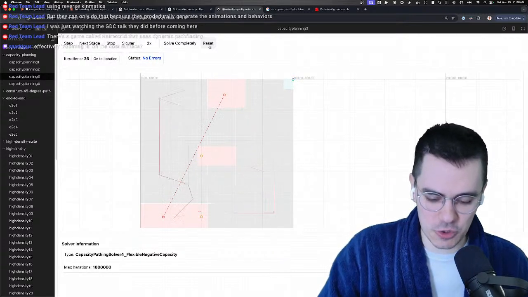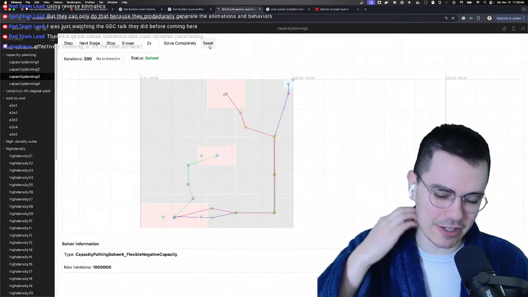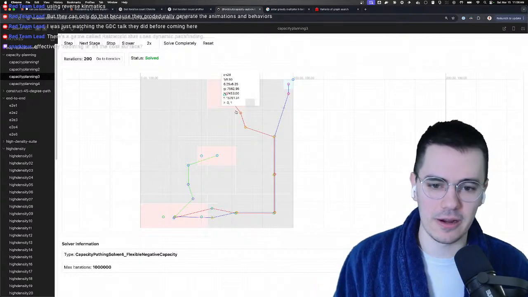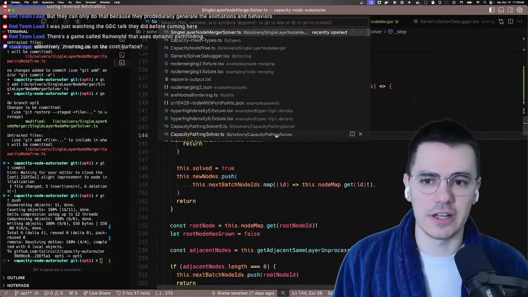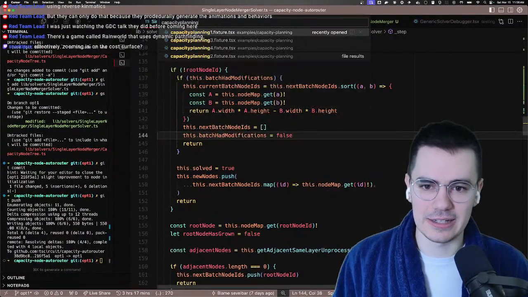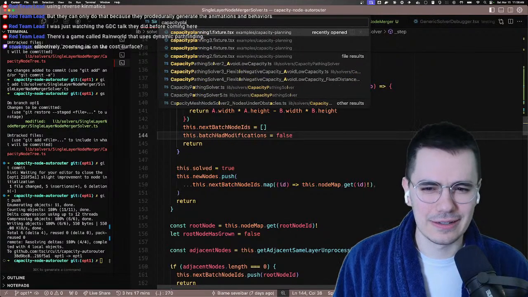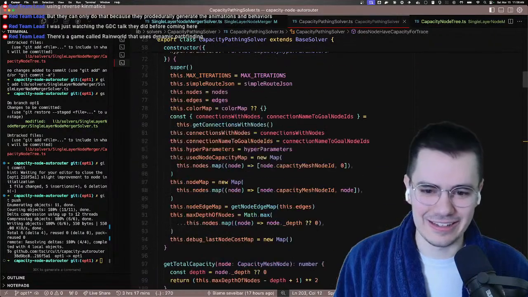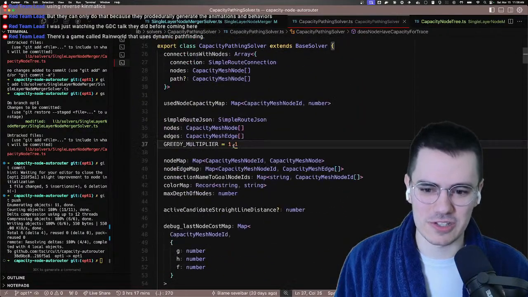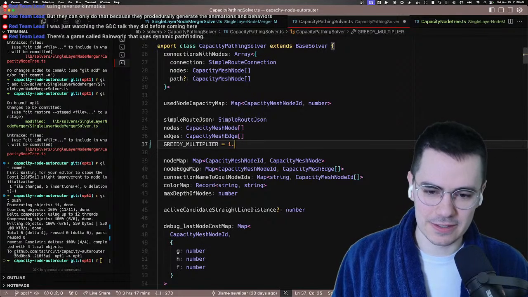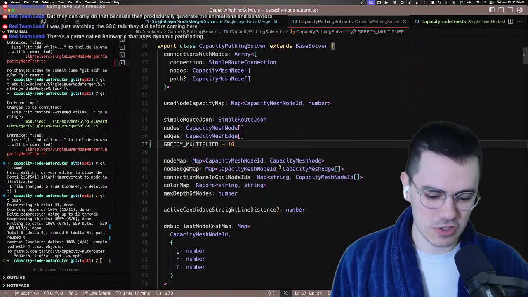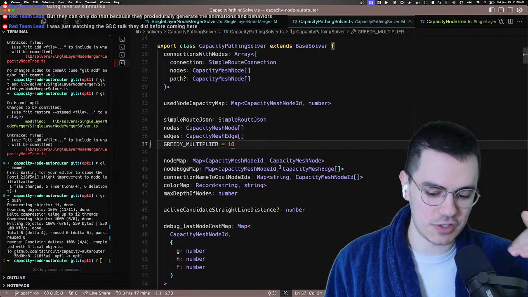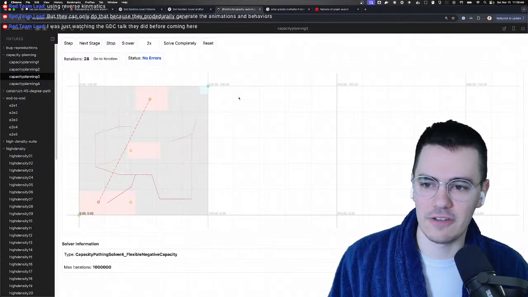Anyway, okay, so this takes 200 iterations. We can see it flopping around and exploring all over. Watch what happens when I change the greedy multiplier. I'm going to go to our capacity pathing solver, and it's like a hyperparameter. So the greedy multiplier is 1.1. All right, let's make it 10. What we're doing is multiplying the heuristic. We're making it greedier, because if you only have the heuristic, you're very greedy. So now if I animate